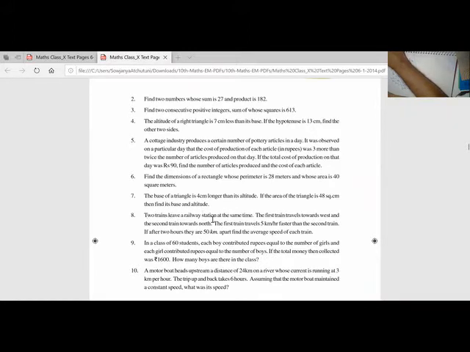Two trains leave a railway station at the same time. The first train travels towards west and the second travels towards north. The first train travels 5 kilometers per hour faster than the second train. If after 2 hours they are 50 kilometers apart, find the average speed of the train. What is this? Both are leaving from the same station. One is going towards west, say we are at Nagpur, it is going to Mumbai. West means Mumbai. And one is going towards south. South means it's going to Hyderabad.